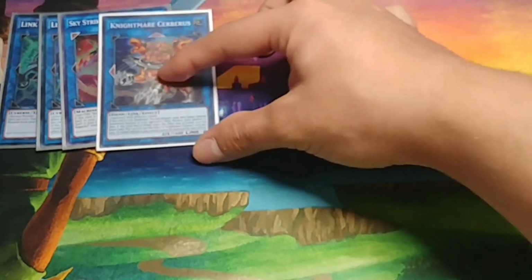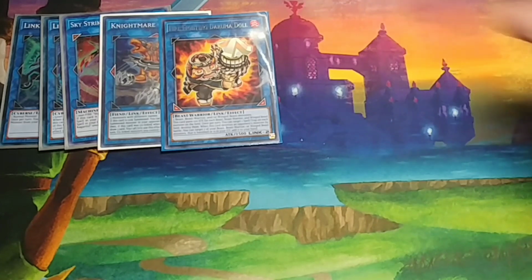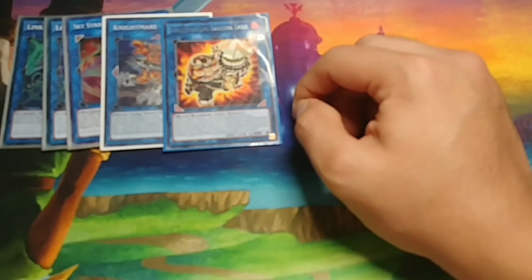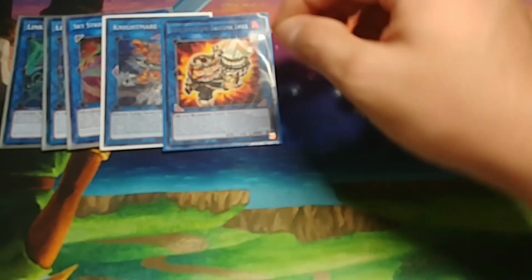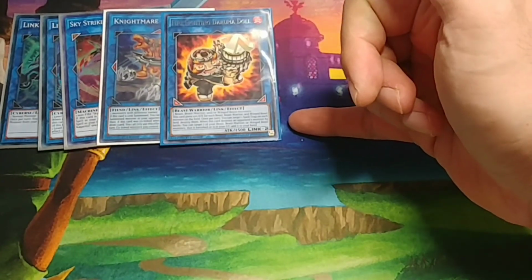I don't run the Phoenix just because you have other ways to pop spells and all that good stuff. You have Firefighting Darumadal. He is your Beast Warrior, so if you use 3 controls and you want to link play, he gains 100 attack for each Beast Warrior or Winged Beast on the field. And then once per turn, you can target 1 Spell or Trap on each side of the field and destroy them, and then when it destroys an opponent's monster by battle,